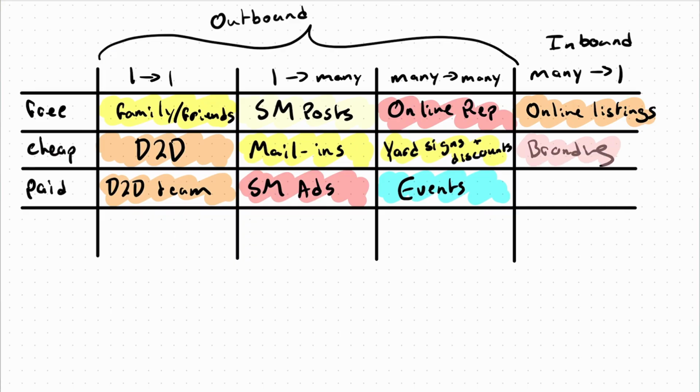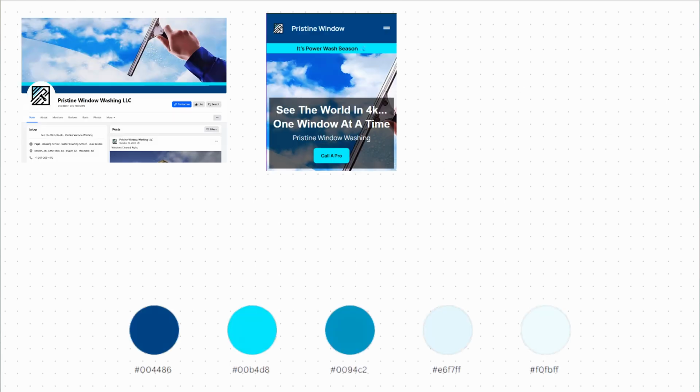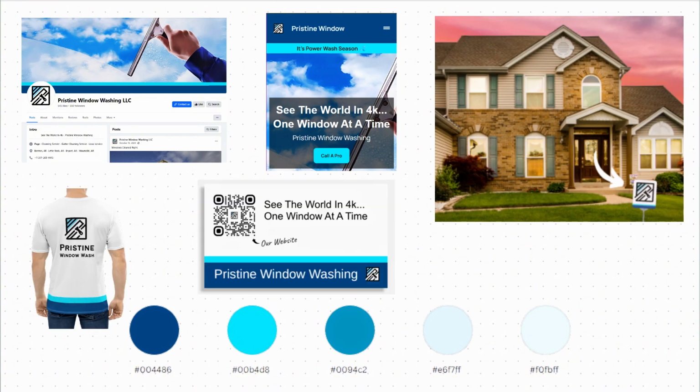On the cheap side, we have walk-ups and truck branding. Essentially, people see that and it just creates another level of trust. They see your company everywhere they go. They see it online, they see it in person, they see it in their mail, they see it driving through your neighborhood, they see it in your neighbor's lawn. When somebody wants a service, they want to work with you more than anybody else.